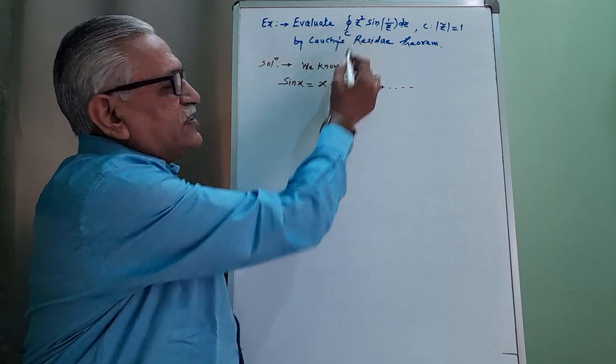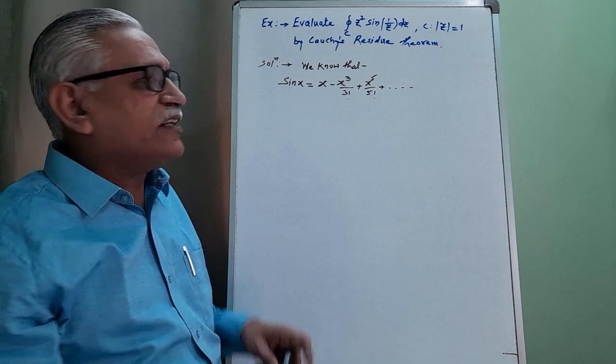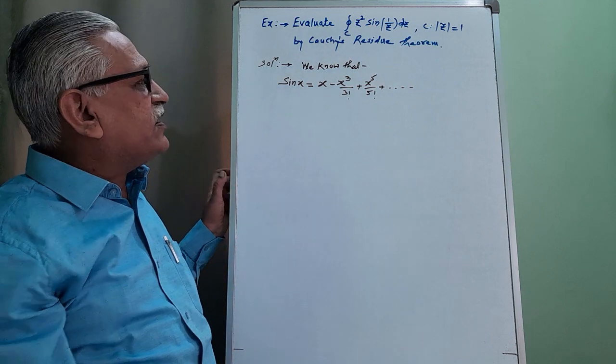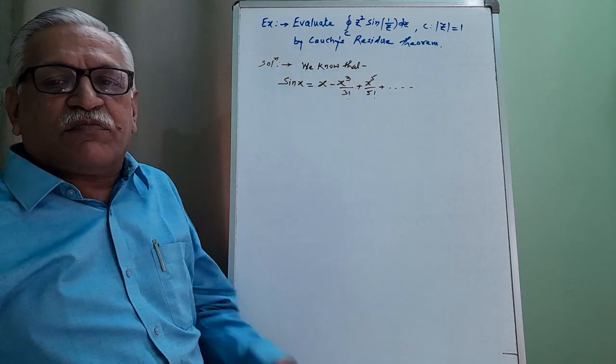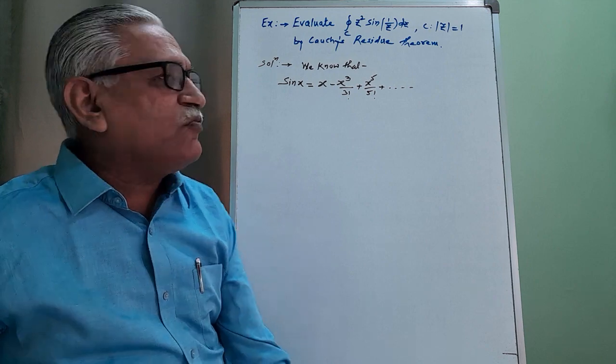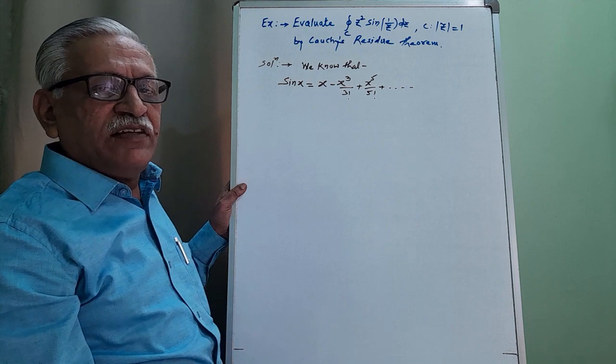Evaluate the contour integral of z square into sine of 1 by z with respect to z over C, where C is mod z equals 1, by Cauchy's residue theorem. And to evaluate it by Cauchy's residue theorem, first of all we determine the residue of this function by Laurent